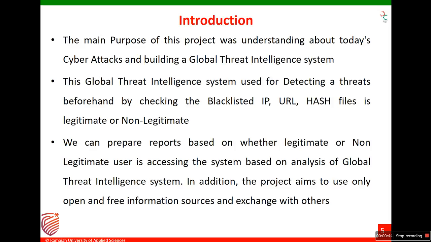What does global threat intelligence mean here? A global threat intelligence system is used to detect threats beforehand by checking blacklisted IPs, URLs, and hash values, to see which is legitimate or non-legitimate to the user. We can prepare a report on this basis. The main thing here is we use only open sources and free sources for this project, like Threat Cloud, Alien